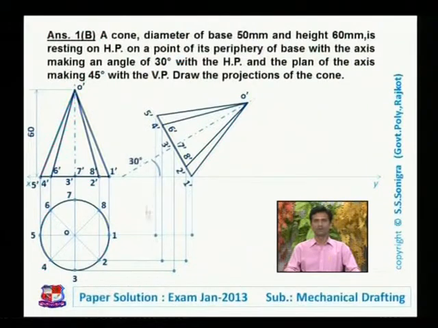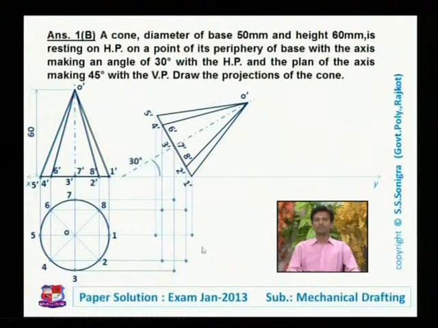vertical line from point 5 dash, this is point number 5, horizontal line from point 6 and vertical line from point 6 dash, this is point 6, then vertical line from point 7 dash and horizontal line from point 7, this is point number 7, and similarly point number 8 would be there by drawing horizontal line from point 8 and vertical line from point 8 dash.